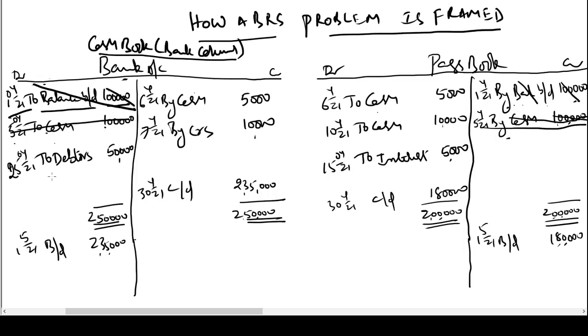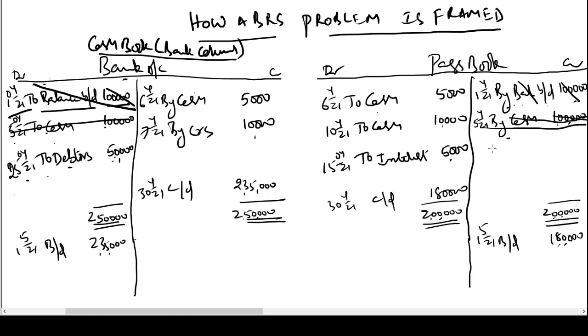Then in our bank account, we are writing to debtors, 50,000. We have received some checks from the customers. We have deposited them in the bank, and we have debited our bank account 50,000. As you remember, in the business, whenever we receive a check, we record the entry for the check on the date of receipt of the check. So on 25th April we received checks from customers. On the same day we have recorded an entry in our books.